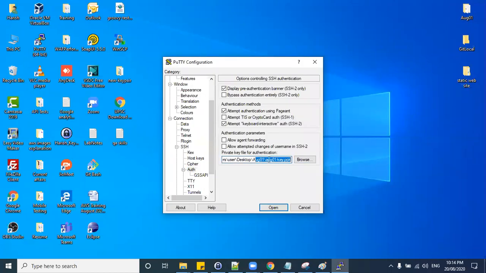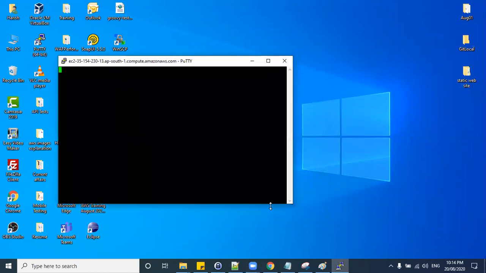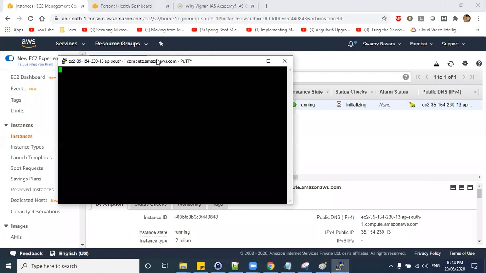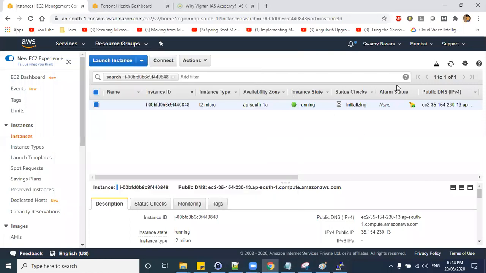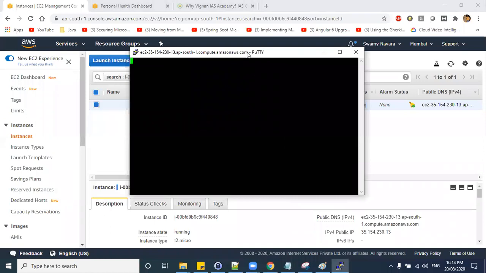So here we are using our normal private key, which we are using in the Ohio region, right? So yeah. It's taking too much time.